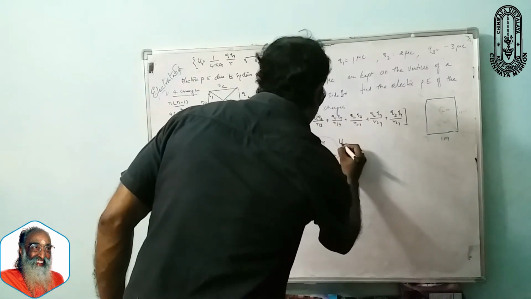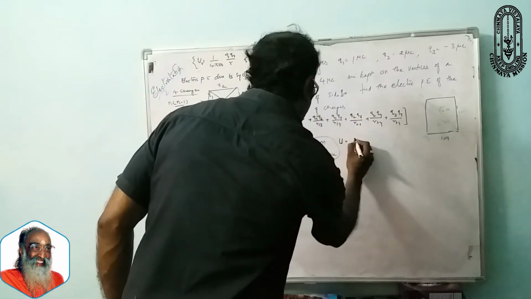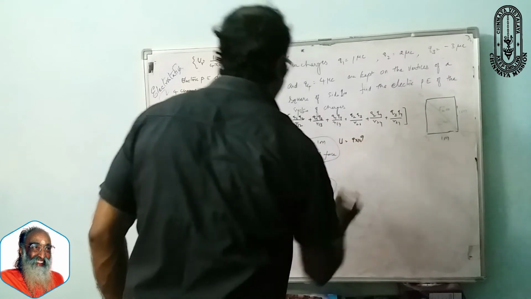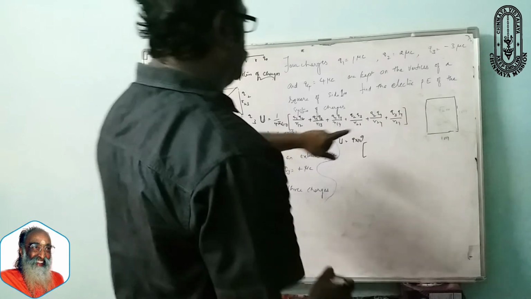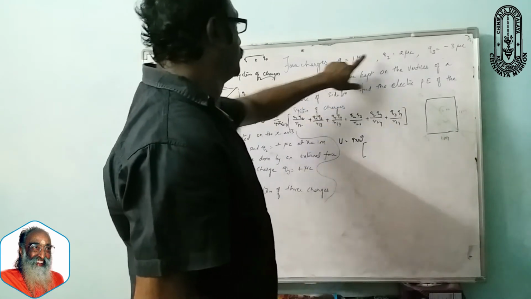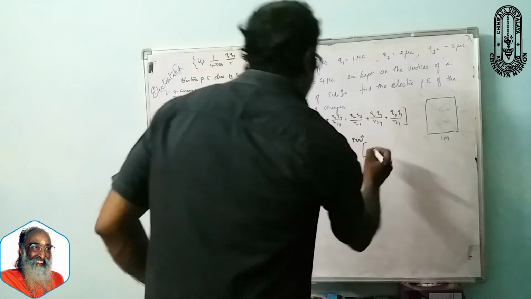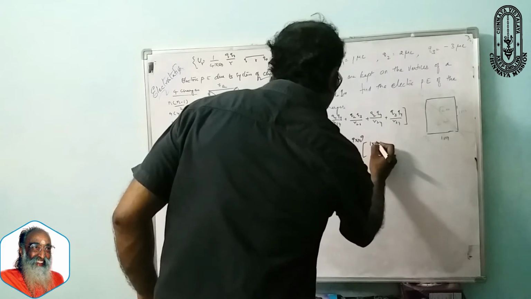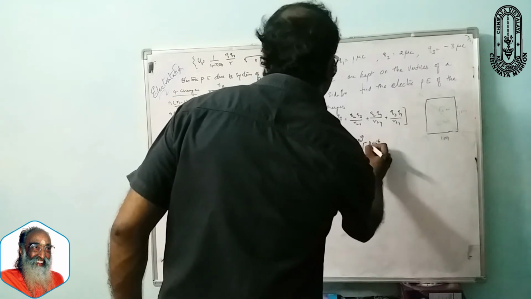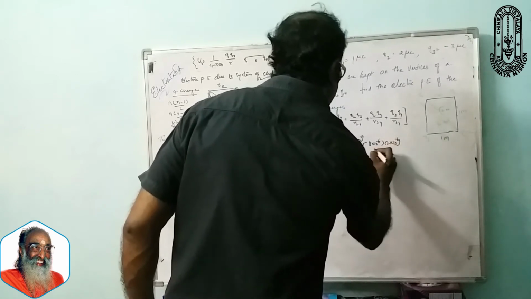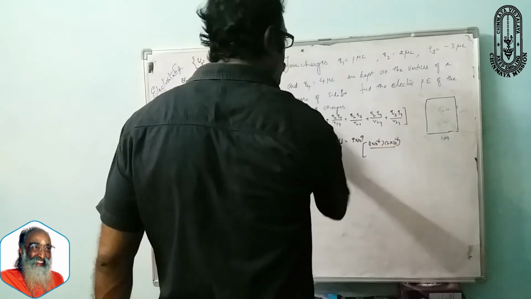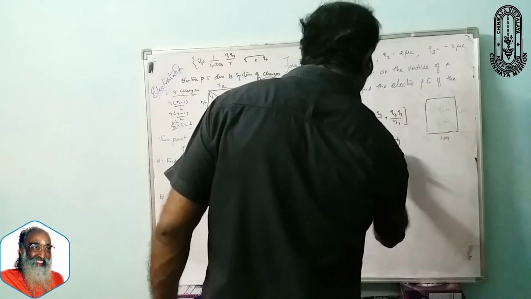U is equal to 1 by 4 pi epsilon naught, that is 9 into 10 to the power of 9. You can write directly here. And Q1 and Q2. What is Q1? 1 microcoulomb. Q2 is 2 microcoulomb. So 1 into 10 to the power of minus 6, 2 into 10 to the power of minus 6, divided by R12. R12 is 1. Plus